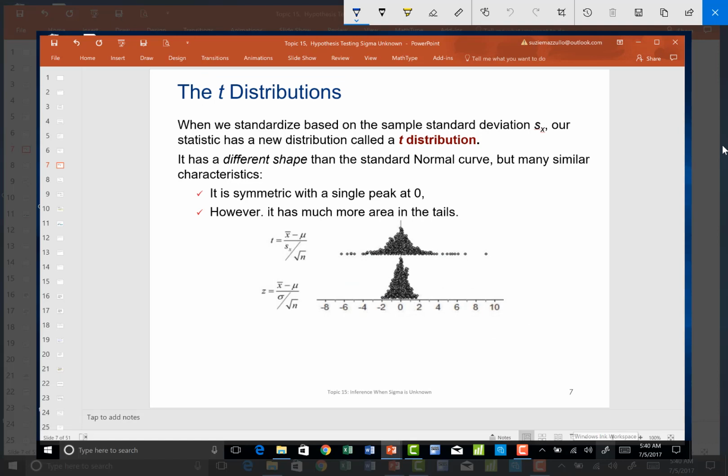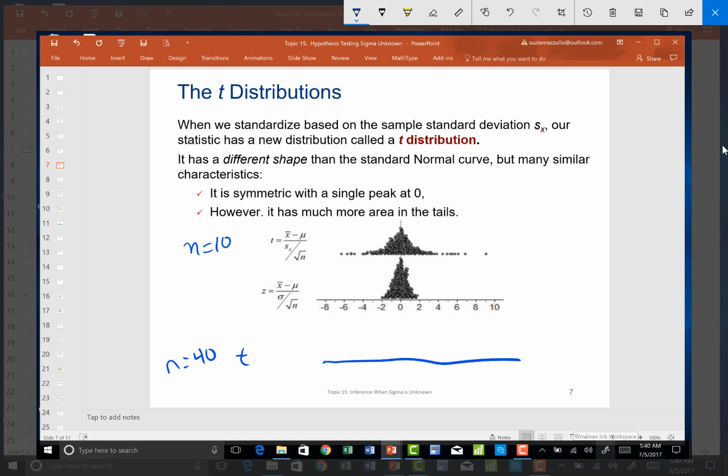So what would that look like? As my sample size increases, this one, we'll say, is a sample size of 10. If I did a sample size of, let's say,